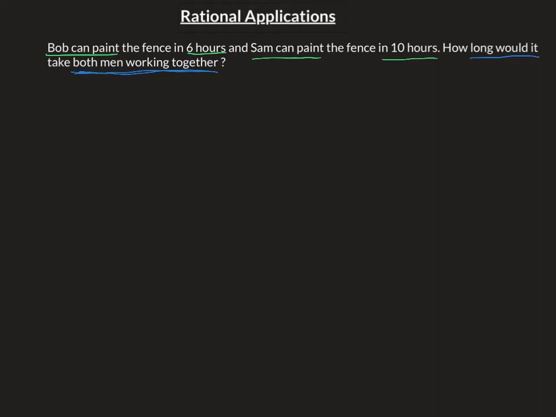Now, one method that I use to approach this problem, I call it the fraction method. Basically, I'll write a formula here. So what you would do is 1 over number of hours for first person, then I would have this plus 1 over number of hours for second person is equal to 1 over number of hours